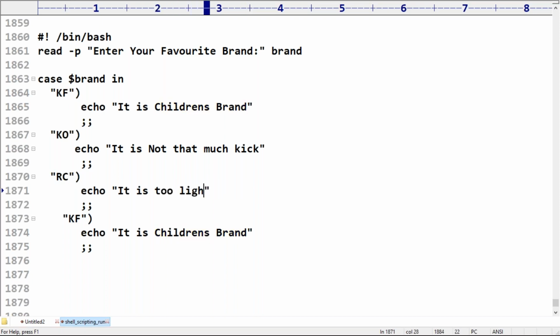Next, if it is fo, then it is buy one get one free.